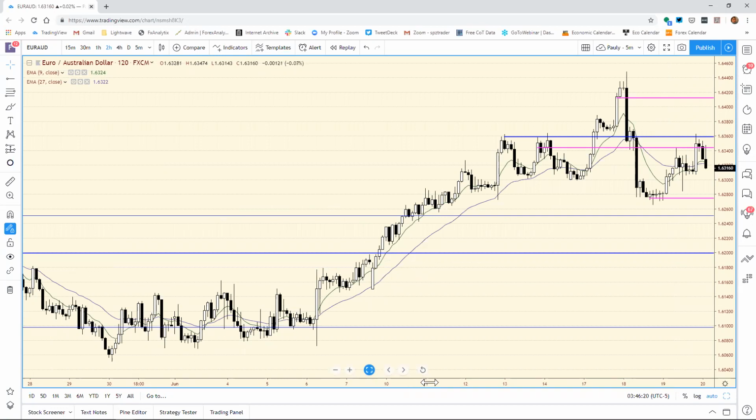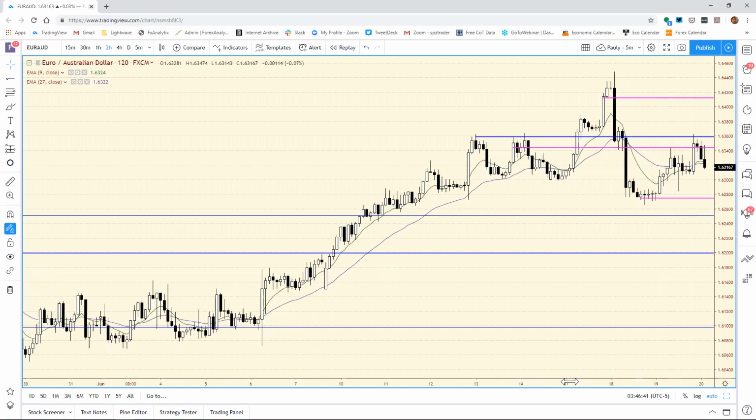Because you get that quick, and not that you don't get it here with the Euro Aussie, you do, boy, it can be a quick little mover. But I like the back and forth movement here in the majors. You get a real sense of where the flows are kind of coming in. Which I don't know if it makes any sense, like you might if you're used to scalping. But anyway, that being said,